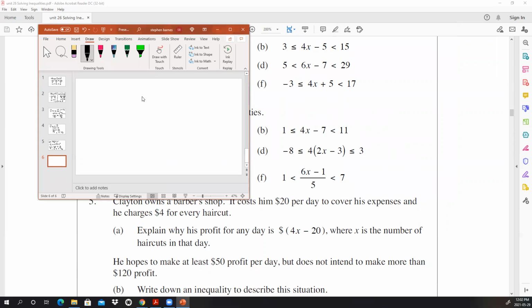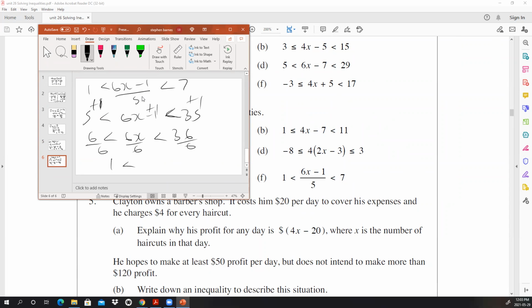So for f, we'll have... all right, multiply through by 5 to get rid of this denominator. So we have 5, and then this becomes 35. And then we'll add 1 throughout. So this becomes 6x, 36. So this comes out nicely. Divide through by 6. Get 1, get x, and we get